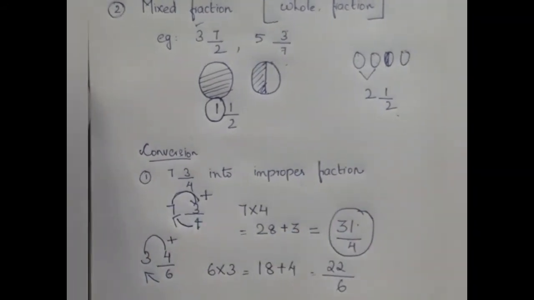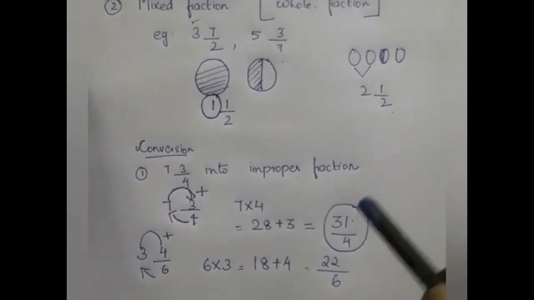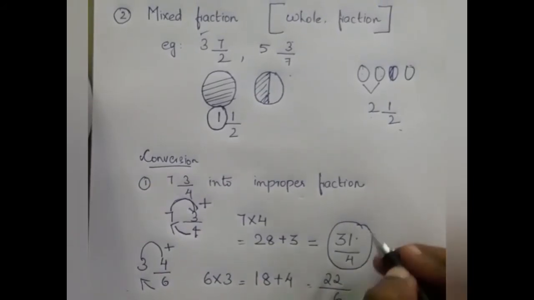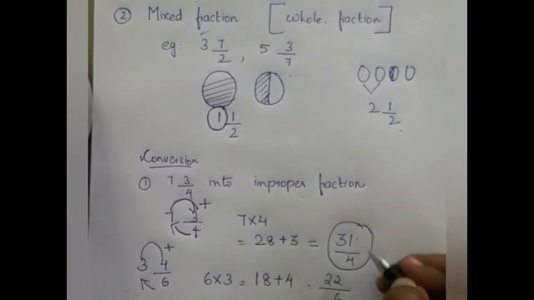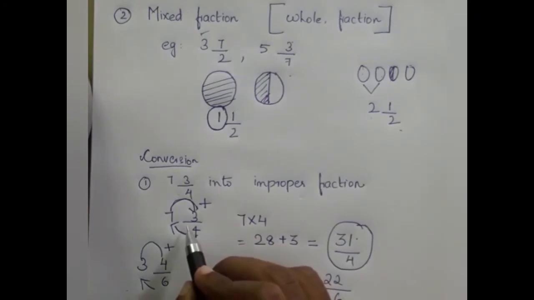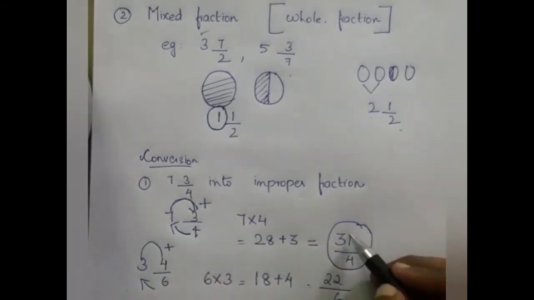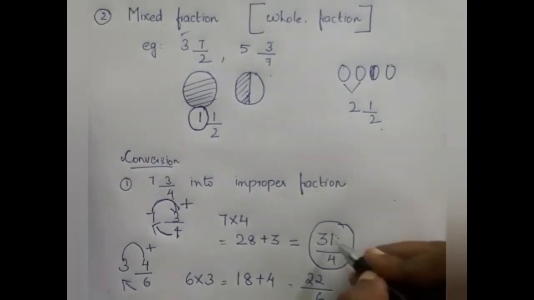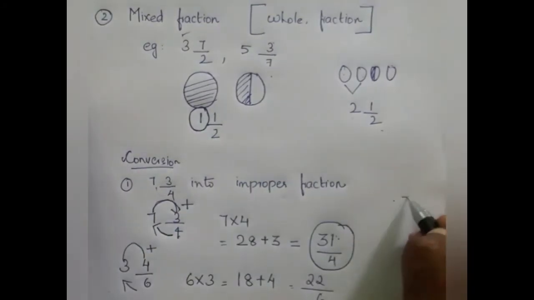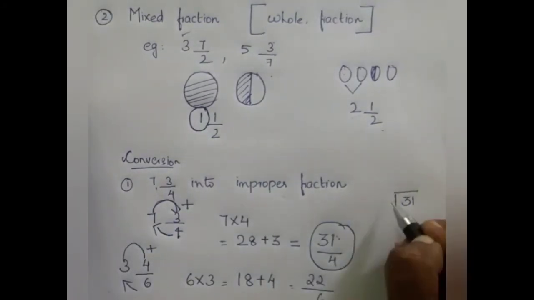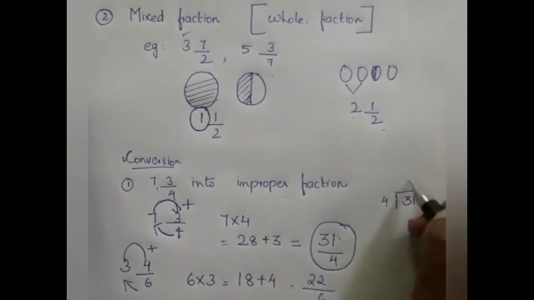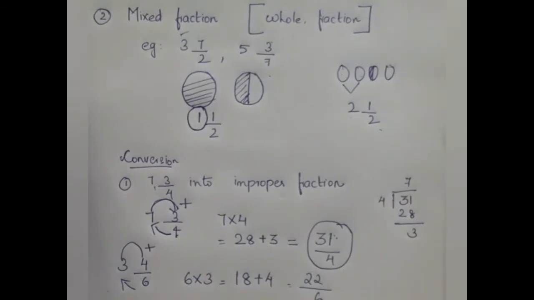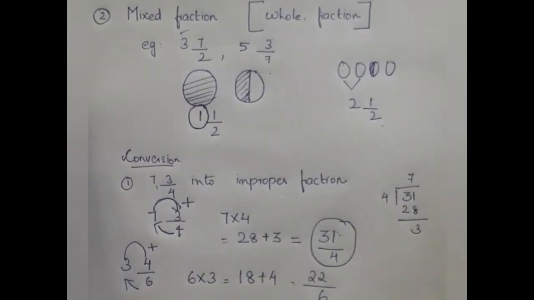So some questions may be asked for you, that is convert this improper fraction into mixed fraction. They can ask the reverse too. For example, the question given here is 31 divided by 4. You have to convert it into mixed fraction. For that, what will you do? You have to divide 31 by 4. If we want to make this improper fraction a mixed fraction, you have to divide 31 by 4. That is, you got the answer as 7. A remainder will come. Write it as the remainder comes. So we got 7 and a remainder of 3.